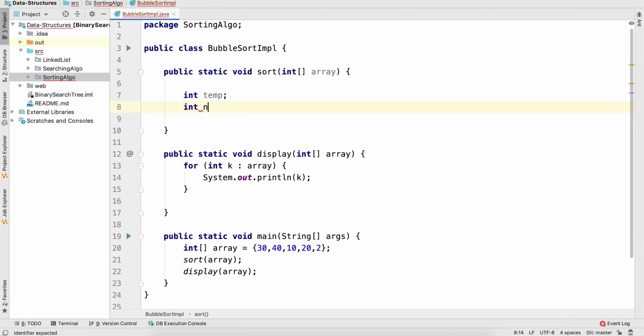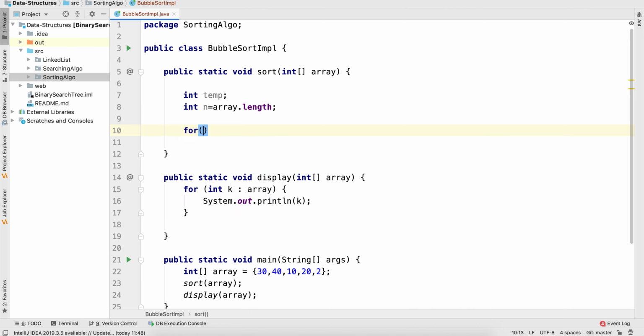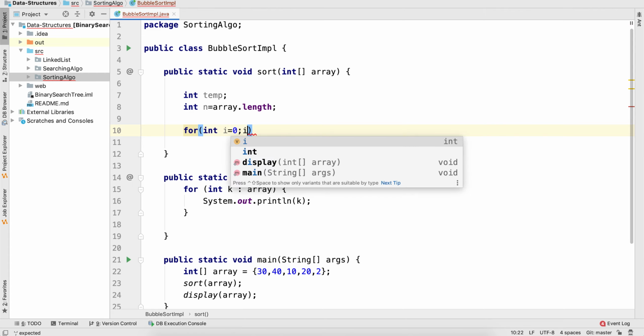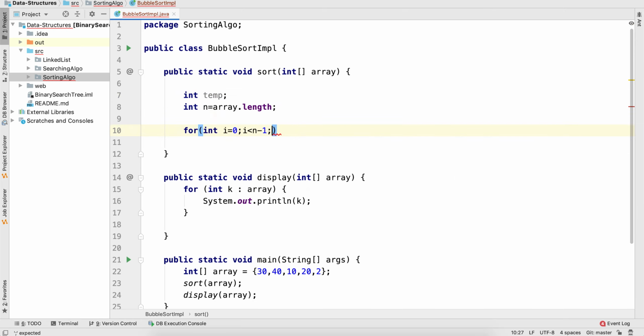And let me find out the length of the array. Now let's use a for loop which starts from 0 and goes up to n minus 1, i plus plus.